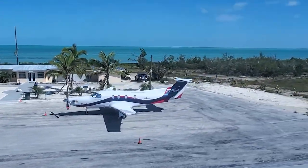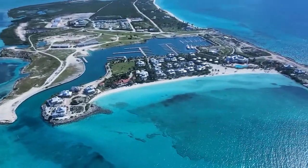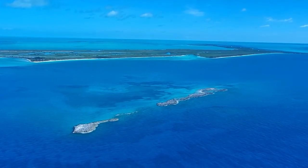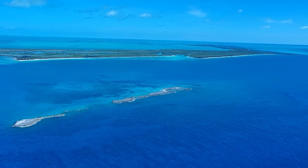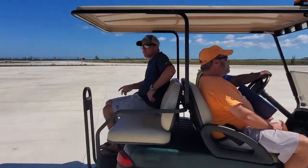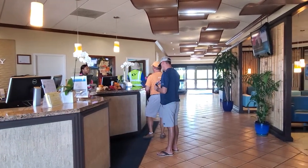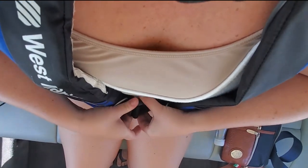Then we lift off towards NASA Cay. Alright, where's your marina? For some more fuel and to submit another flight plan so we can don our life jackets